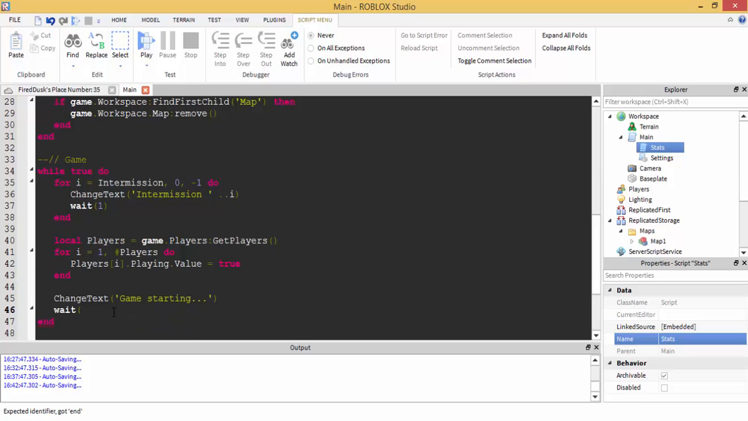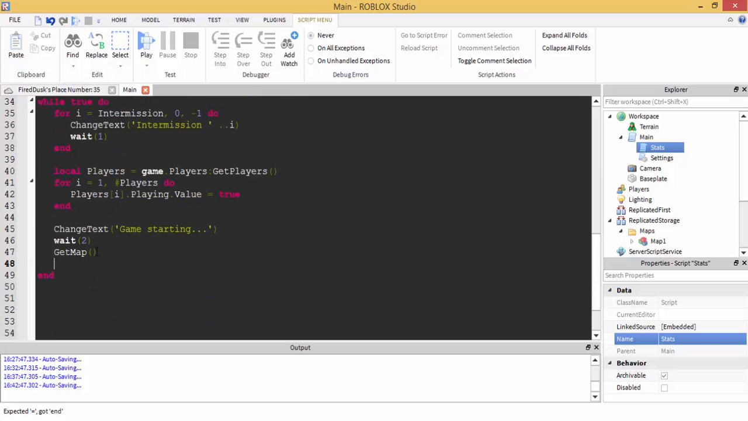Then let's just wait 2 seconds. And now what we want to do is get the map. So we're going to put the map inside of workspace. So this is calling the function of get map. Alright, so local